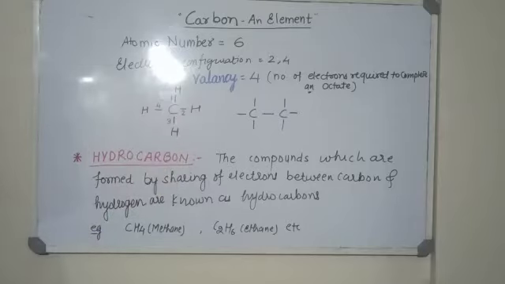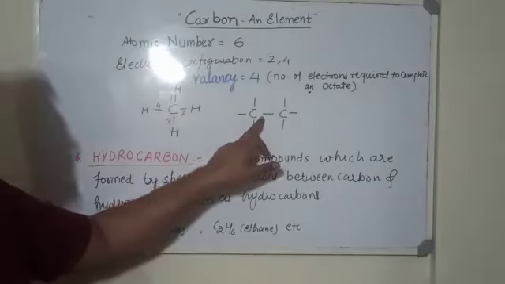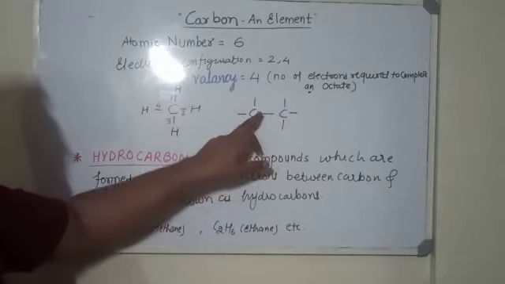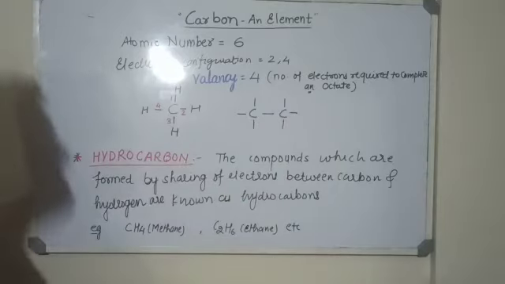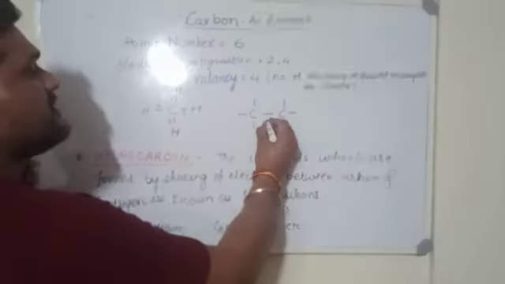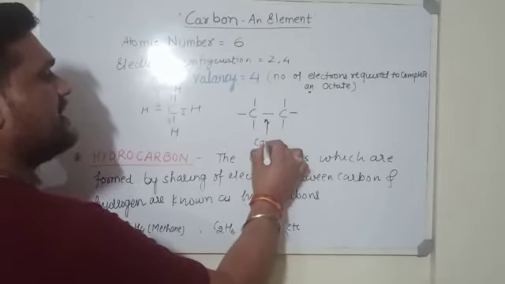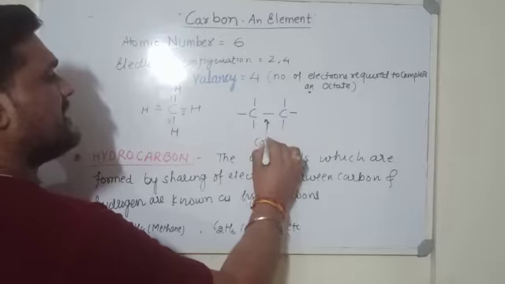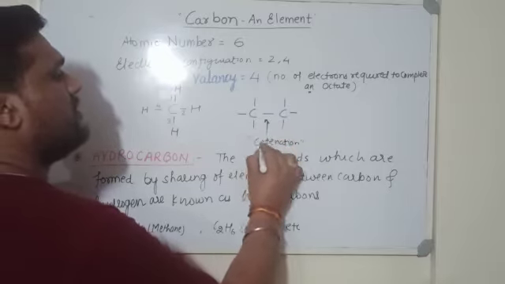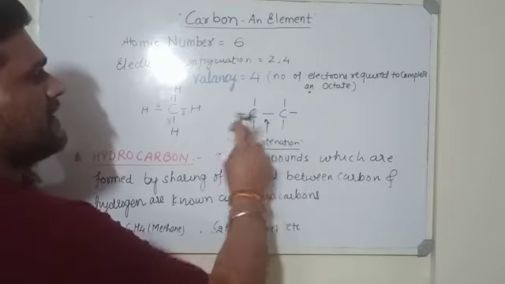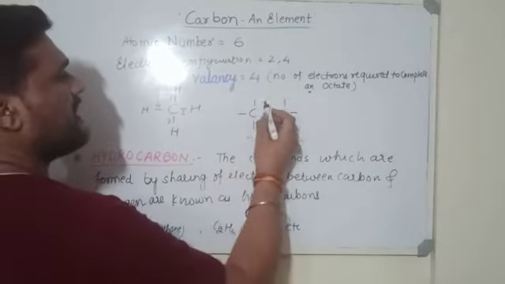In a similar way, carbon has the property to form a covalent bond with another carbon atom. This property has one particular name. This is known as catenation, that we will see in detail in the next section. So this is catenation, that is, formation of covalent bonds between carbon atoms. You can see here carbon can form a bond with the other carbon atom.